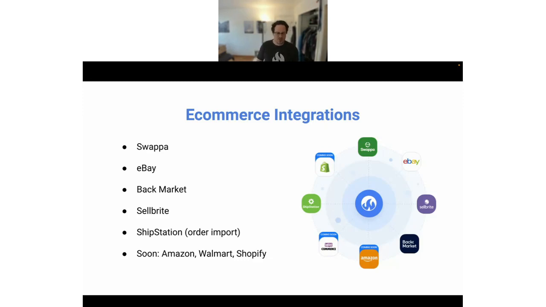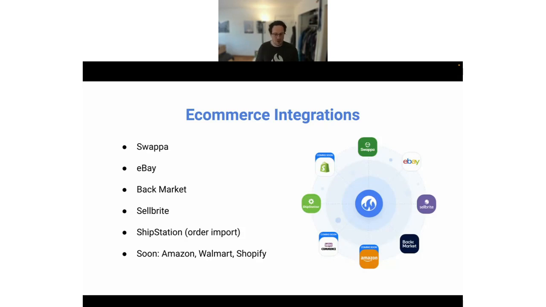They take a lot of time to get the specific details of the channel figured out to make sure we're doing everything right. And these days, these channels almost require an app approval process. They require integration approval from the channel, and that can sometimes take a while. So some of it is a little bit out of our hands,